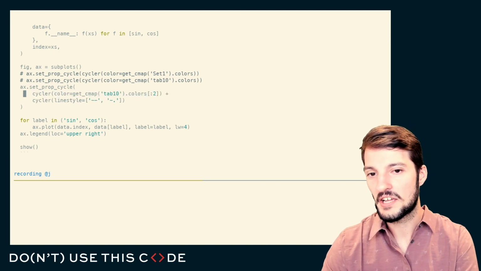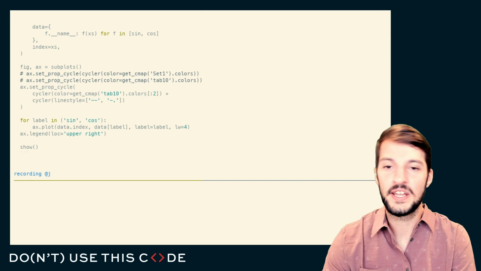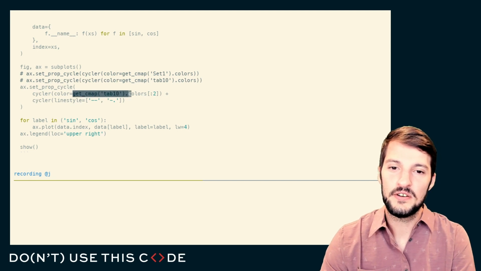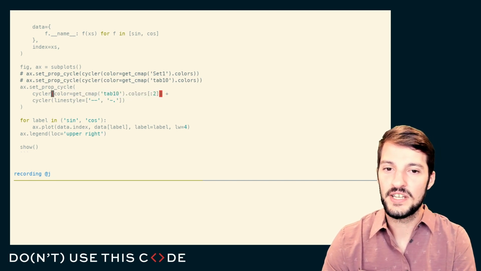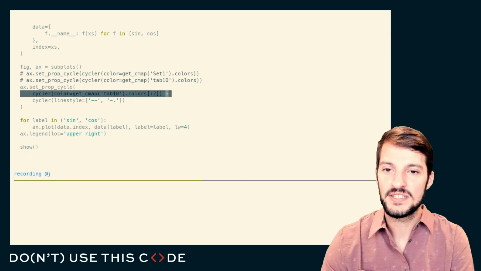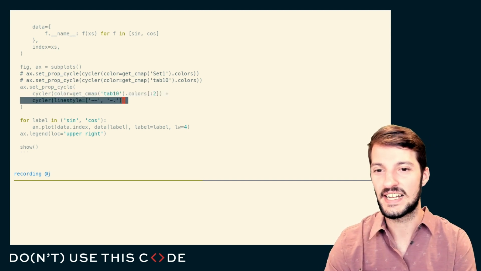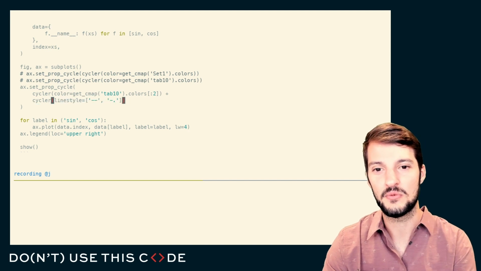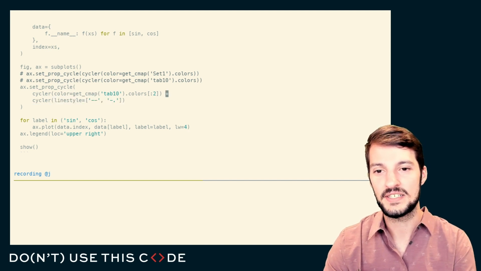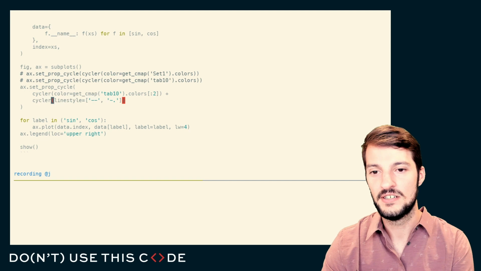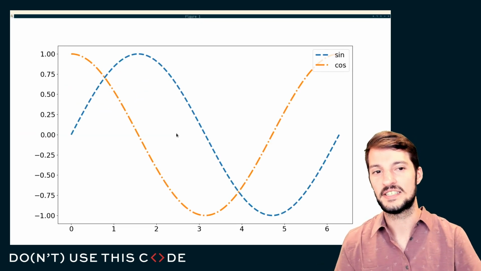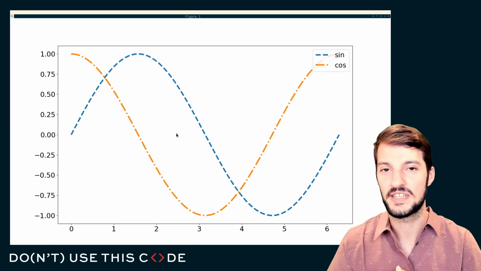So I could plug in red and blue in here, red and green. But what's very cool about the cycler objects is that you can actually add them together. So I can say cycle through these colors and at the same time cycle through these line styles. It's kind of like zipping them together in a way. And it will actually pass this color and this line style to each time I plot in Matplotlib using that